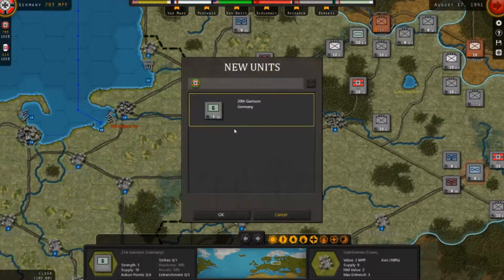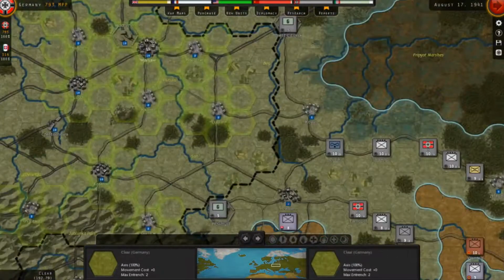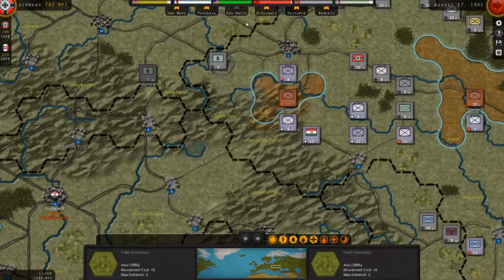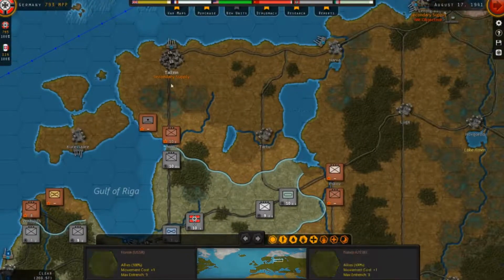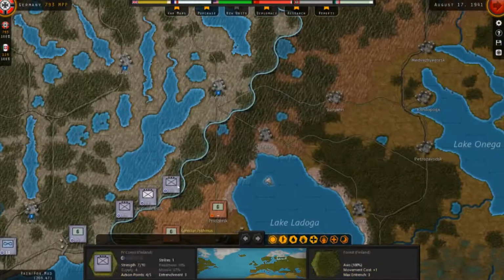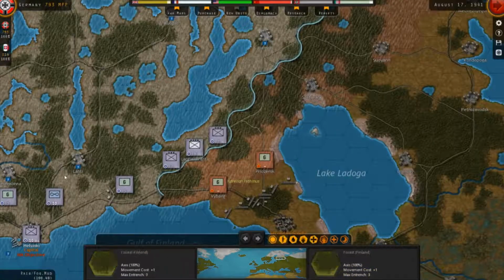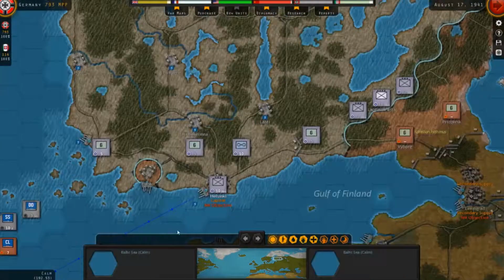Actually, we want the garrison units. They're cheap, and you can put them places and help fend off partisans, which is what I'm thinking might be a good thing to do. Because that's the other aspect of the Russian campaign, of course, that just as the Axis player can drive you bonkers is the amount of...